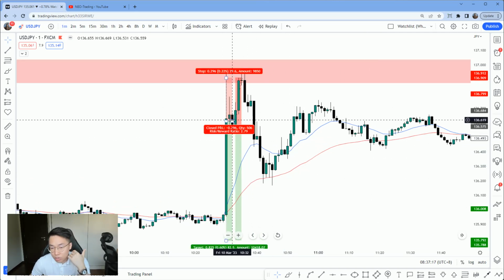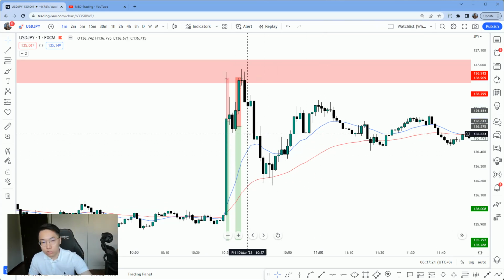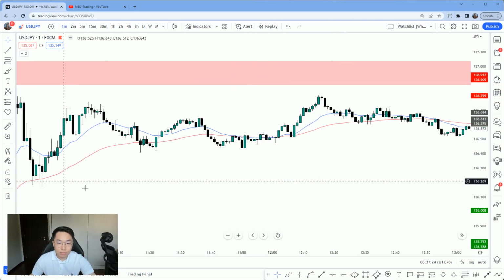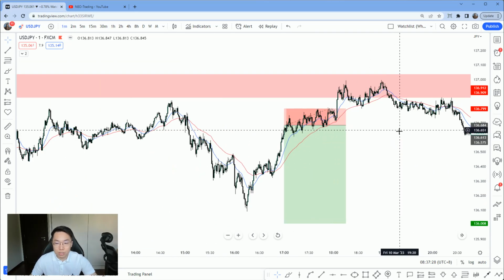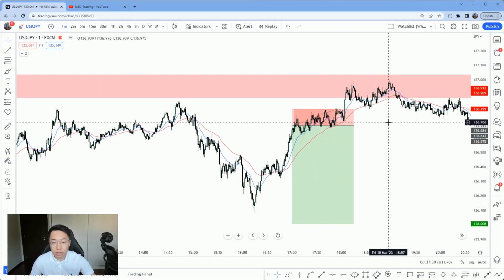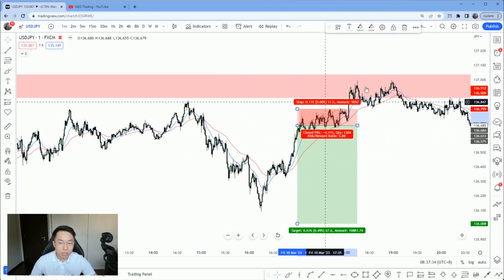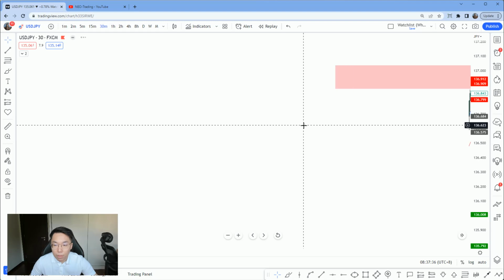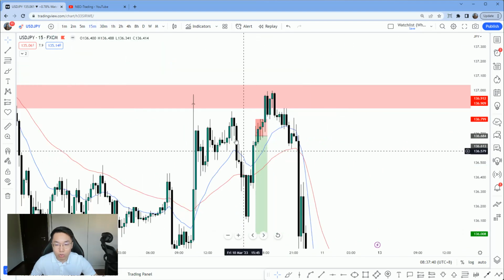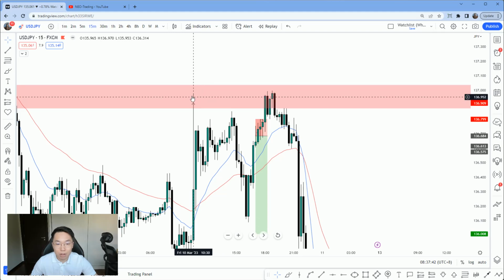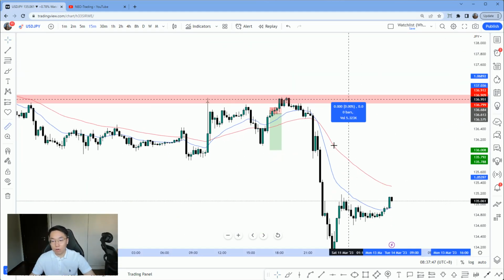Right after you took a loss, you immediately get into another entry, which you also took a loss within 2 minutes. Then after about 20 minutes, you again took another short position, anticipating a reversal again. Tighter stops this time, only 11.5 pips, got tapped out, and guess what? Price technically just ran back to the previous high, the high of the news candle, just to collapse all the way down for over